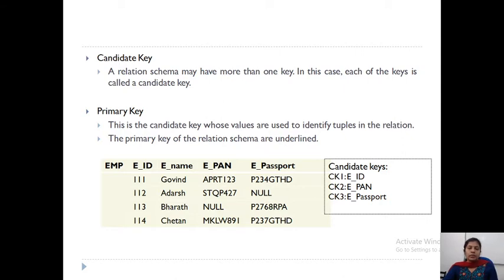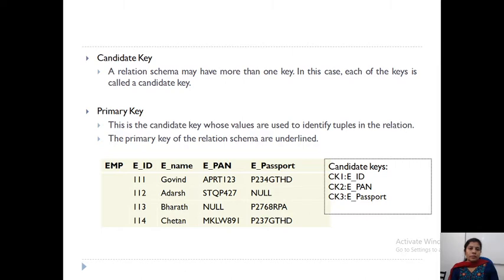And in an ER diagram, you will represent the primary key by underlining the attribute. So a super key is a combination of attributes for which, if I take two distinct tuples, the combination of values will differ by at least one attribute value. And a key is a minimal super key. That means if I remove any attribute from the super key, it will lose the super key property.